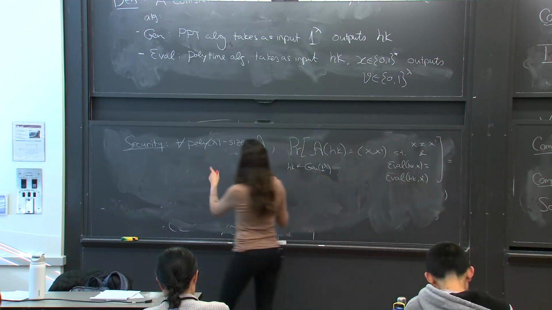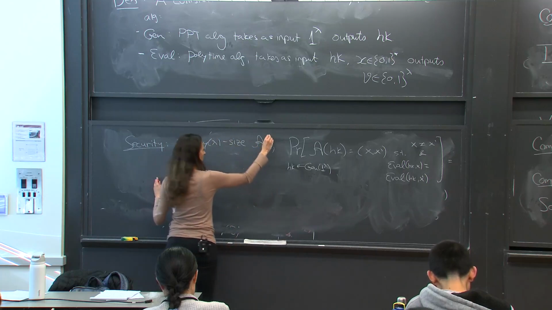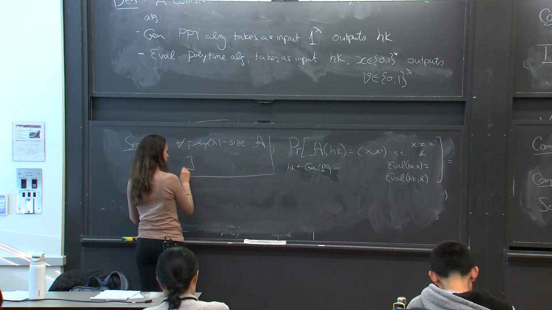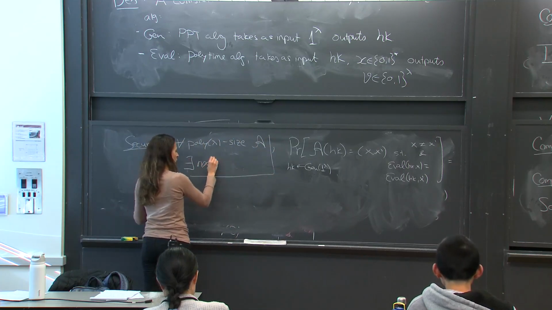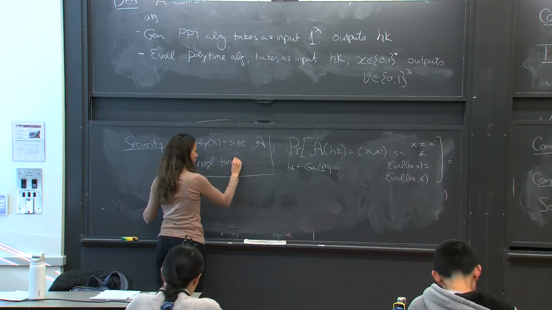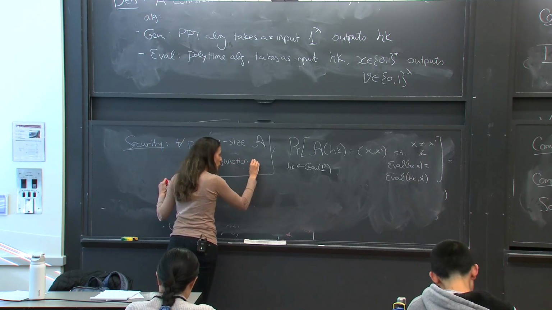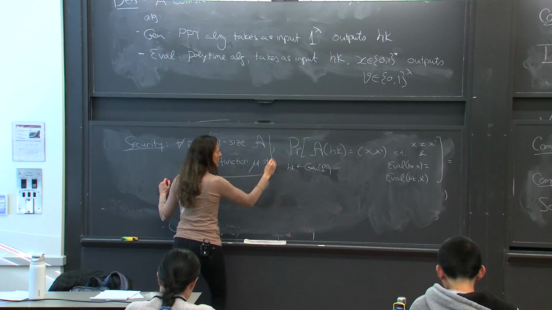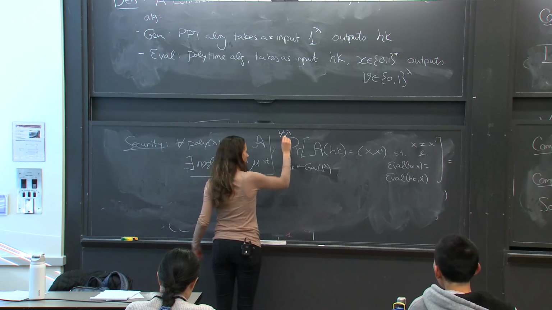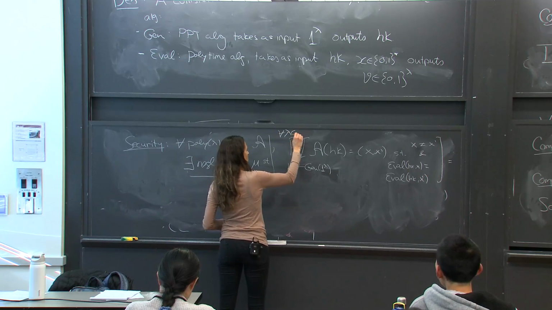So for every poly size A, there exists a negligible function mu such that for every lambda security parameter,